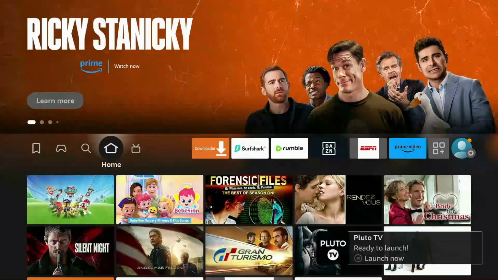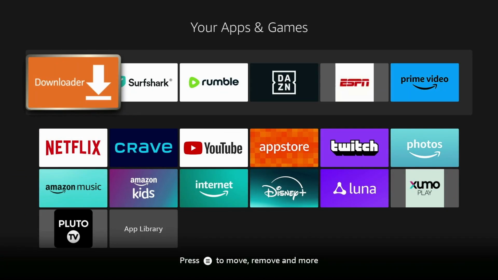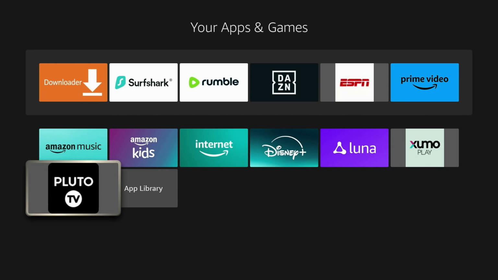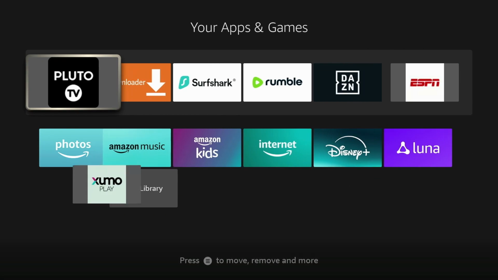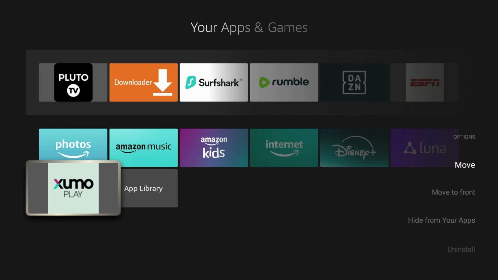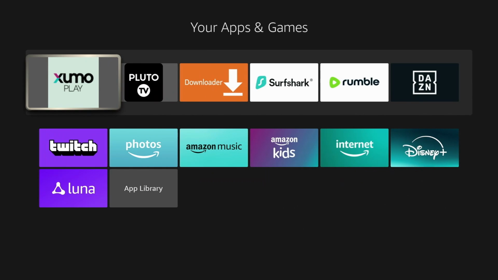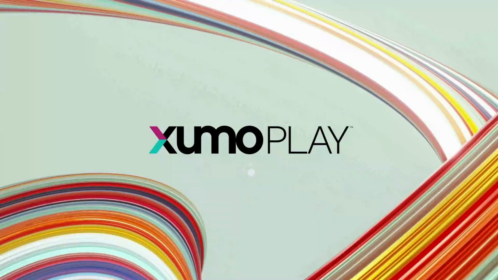Now let's go back to our home screen and your apps and games icon. We can hit Pluto TV. Let's move it to the front here. Do the same with Zumo Play. Move it to the front. Both Zumo and Pluto do have their own